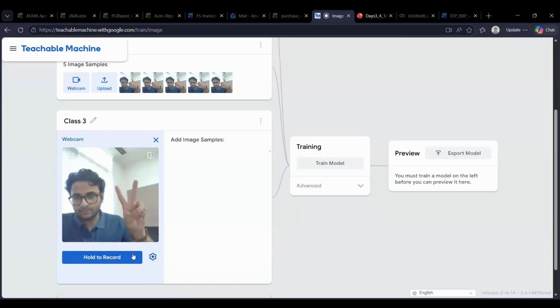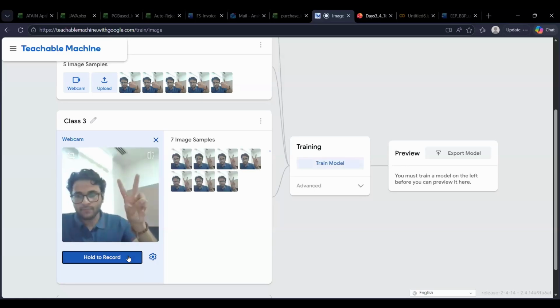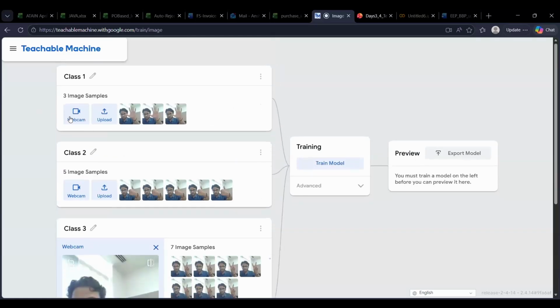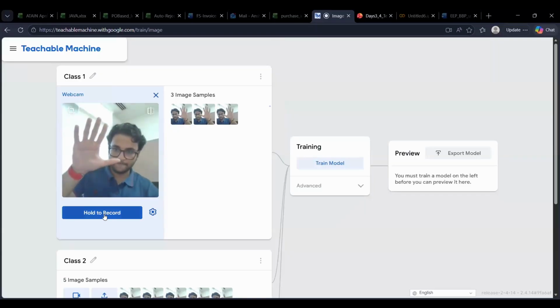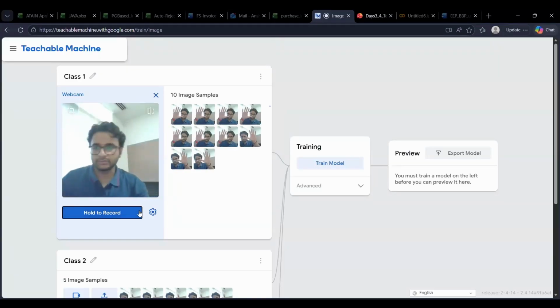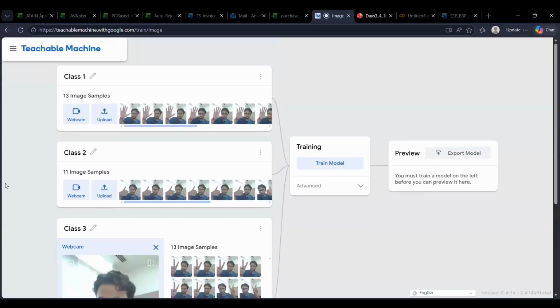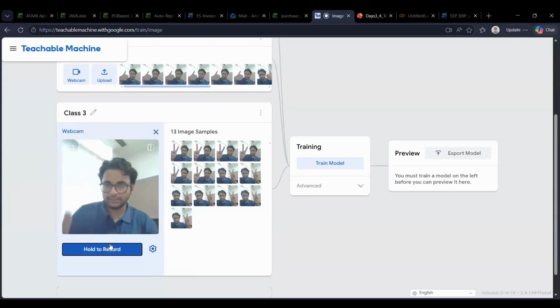Let's say peace, this one. 7 samples for this. I'll add more samples for this as well, so that it gets a better idea. We have 13 for this, 11 for this. Let's add 2 more for this.